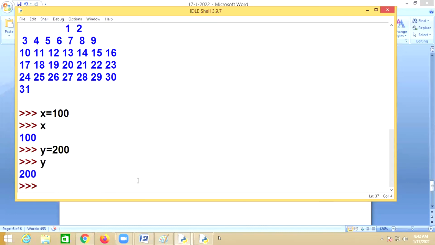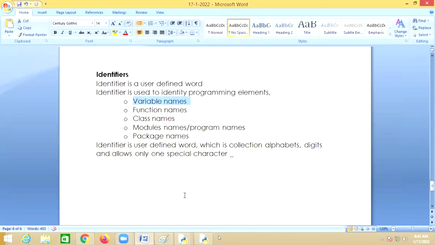What are x and y here? Identifiers. In programming, x and y are called variable names.